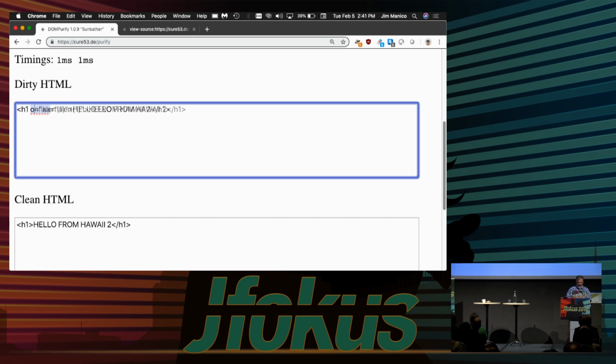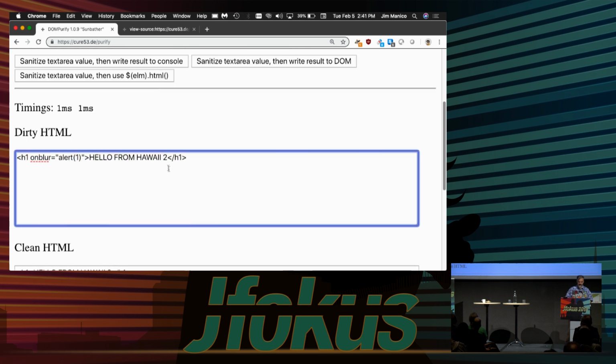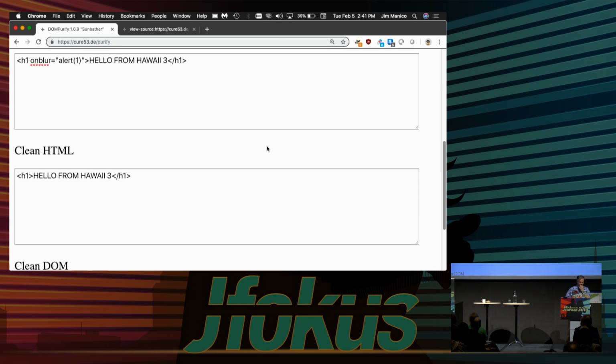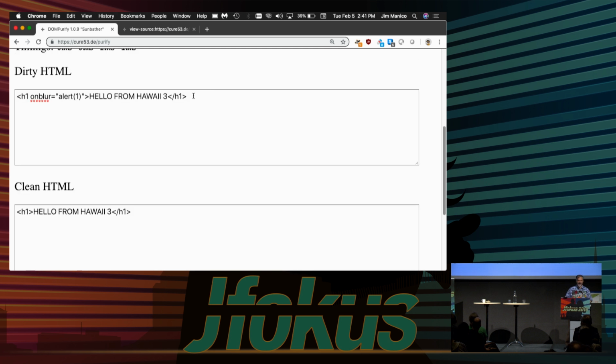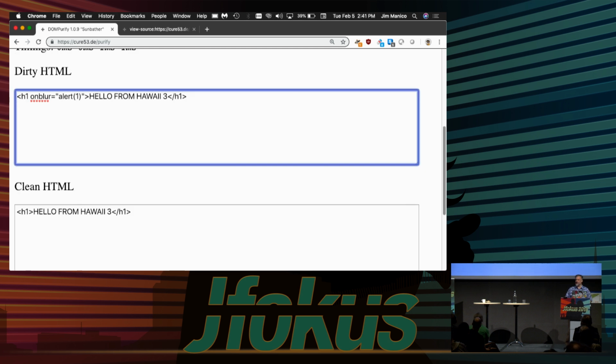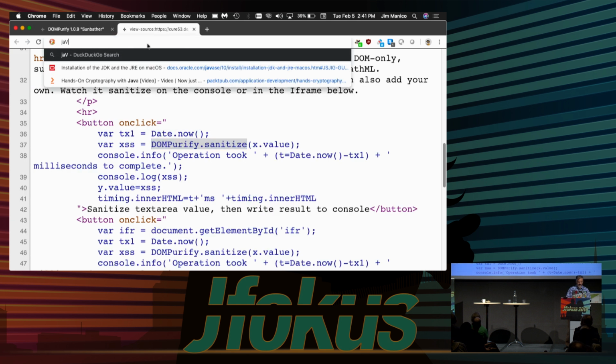Let's try one we know. Onblur. Let's do hello from Hawaii 3. Sanitize. Boom. Hello from Hawaii 3, but it ripped out that event. Anybody want to try a bypass? What should we try? Shout it out, please. What's that? Absolutely. So I'll say href equals, let me show you this run first. So I'll say Java,